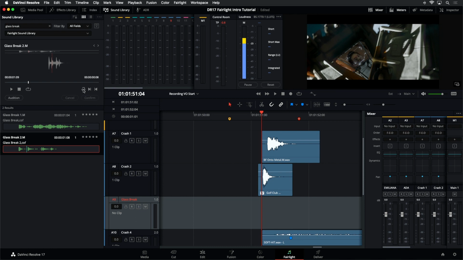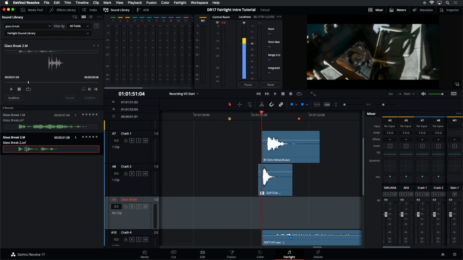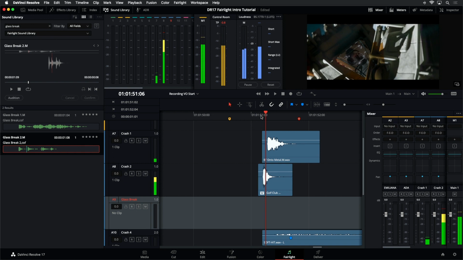When I click that, it's going to place a green playhead right there. You can see a green playhead right there on my sound effect. That's going to show me where my sync point is. So when I come over to my sound in my library and I start looking at this, I'm going to